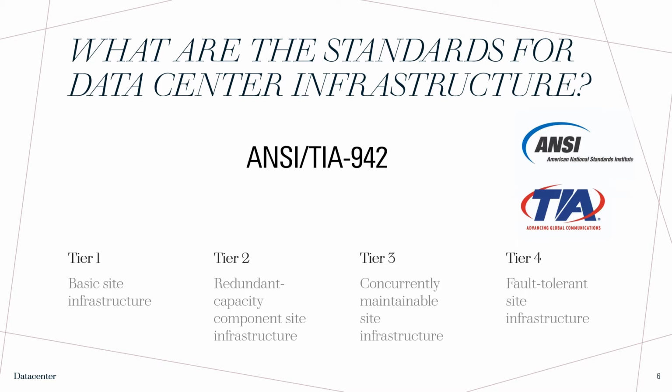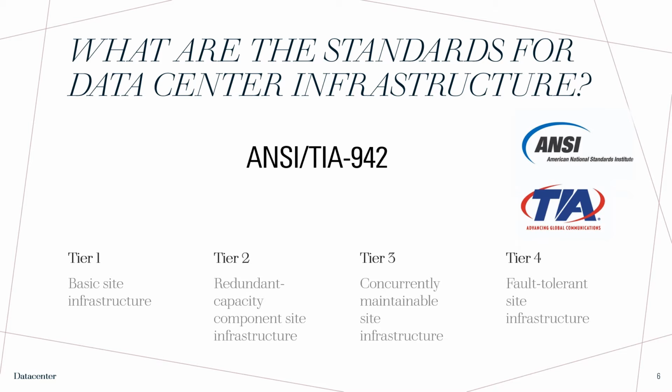The third one, tier 3. This data center protects against virtually all physical events, providing redundant capacity components and multiple independent distribution paths. Each component can be removed or replaced without disrupting services to end users. The fourth one, tier 4. This data center provides the highest level of fault tolerance and redundancy. Redundant capacity components and multiple independent distribution paths enable concurrent maintainability and one fault anywhere in the installation without causing